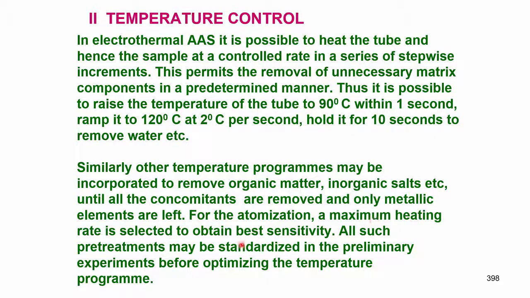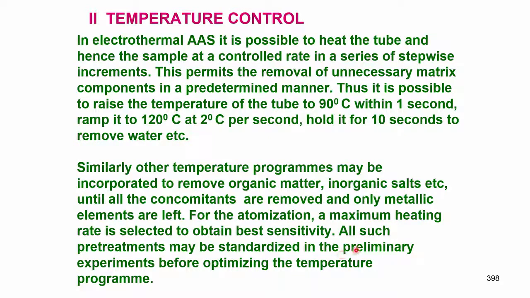So, for the atomization maximum heating rate is required, that means ramping. Here I had mentioned 2 degrees heating rate per second. Here I heat from 1000 to 2500 in 1 second or 0 seconds, that means maximum heating. So, then what happens? All the material that is present will be atomized,